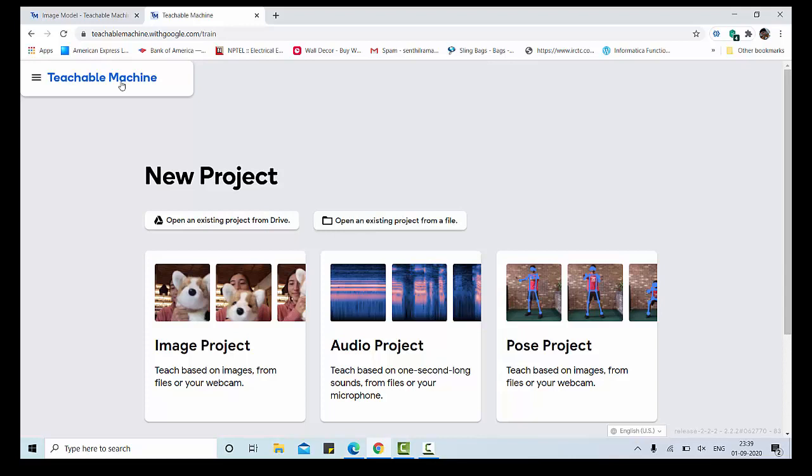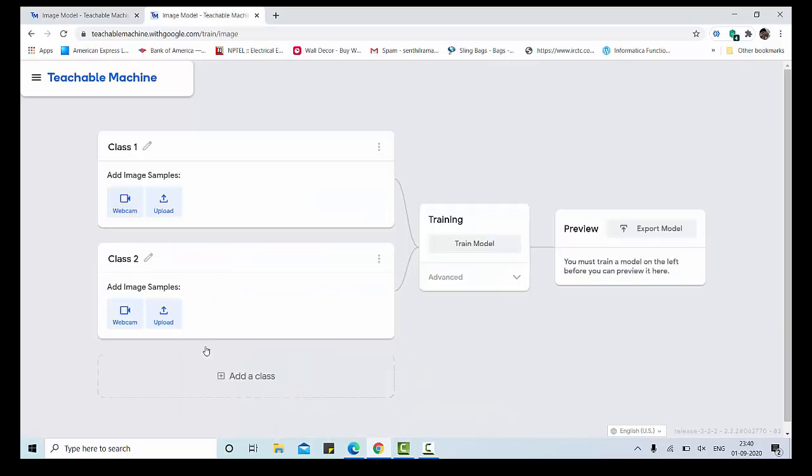Teachable Machine is a wonderful creation by Google to enhance understanding of machine learning. The learners can perform three different projects here, namely image project, audio project and pose project. For all these three categories, sample collection is very important. Those samples can be uploaded from your file or Google Drive, or you can even use a webcam. I am going to perform image classification here. You select the image classification project.